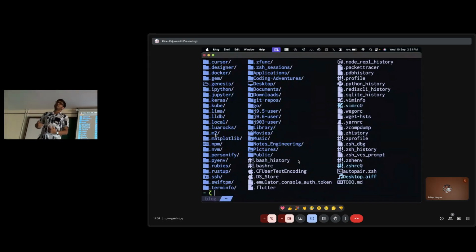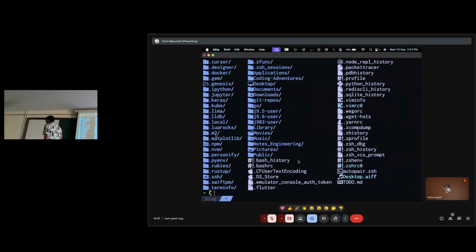The way you configure terminal apps is by writing these settings to a file. And what happens is that the program, whatever program you spin up, will just read these settings from the file and apply them to its instance. This is true for most terminal apps. The shell, you might have heard of grep, if not, it's completely fine. Most terminal apps use this concept of using a file to set some settings that you'd like to be default.